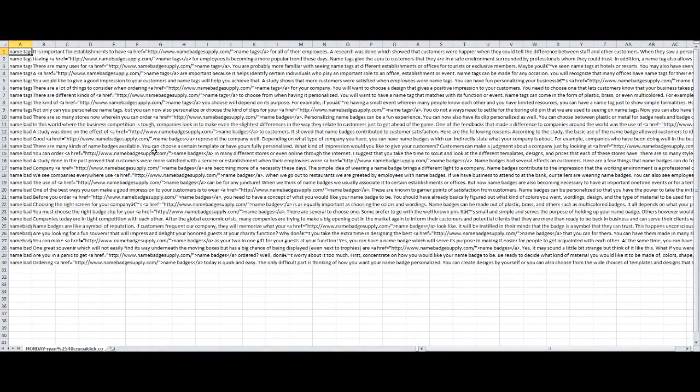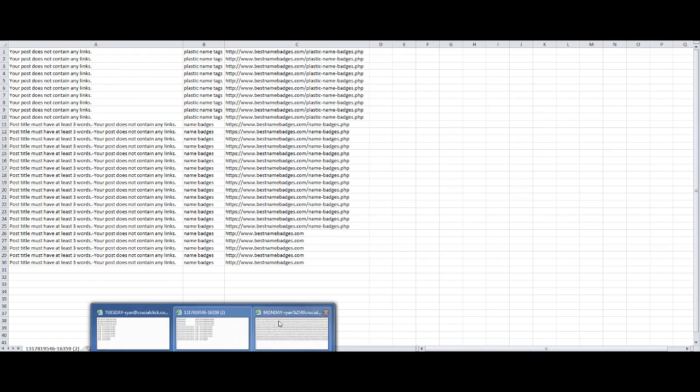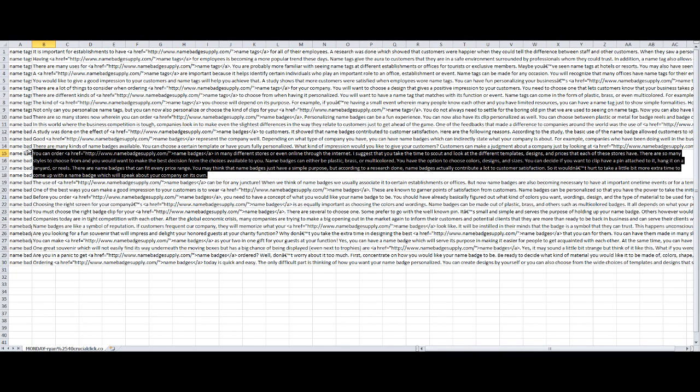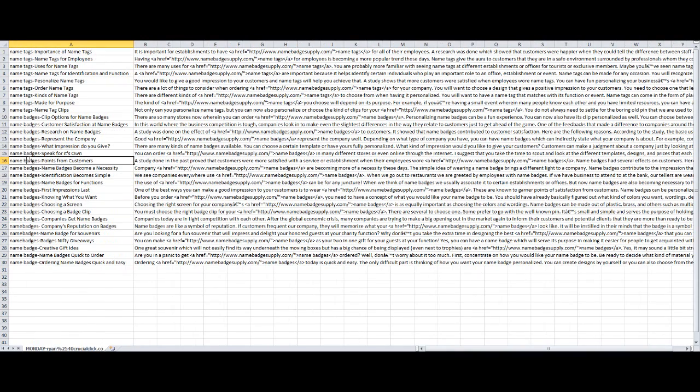So basically these links are going to need to be exactly like this in order for them to work, okay? You've got the URL here, which is going to be column B, it's C at the moment, but that's because we've got this. Then you've got the keyword here, wrapped up in this HTML tag, and then you've got 150 words around it, and then you just write the title in column A, which has the main keyword,